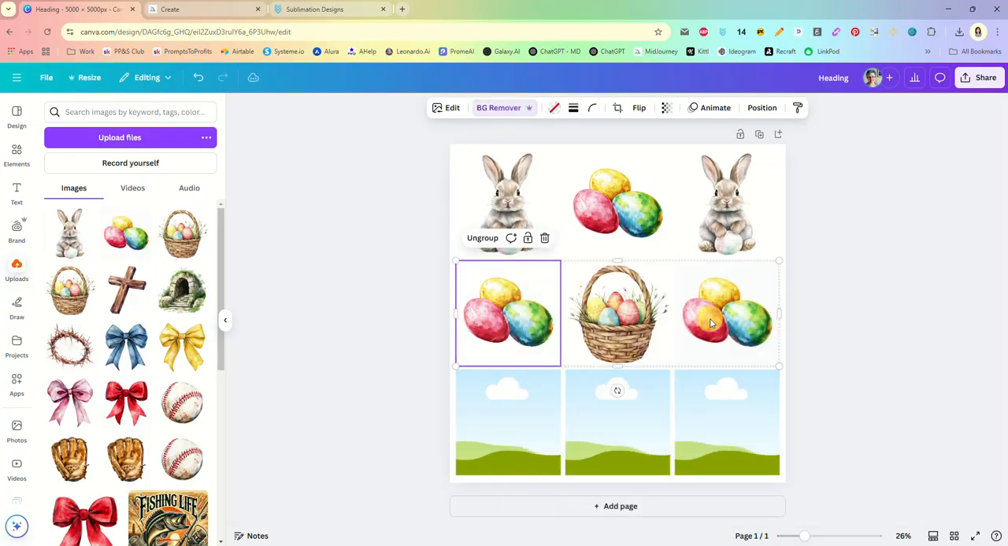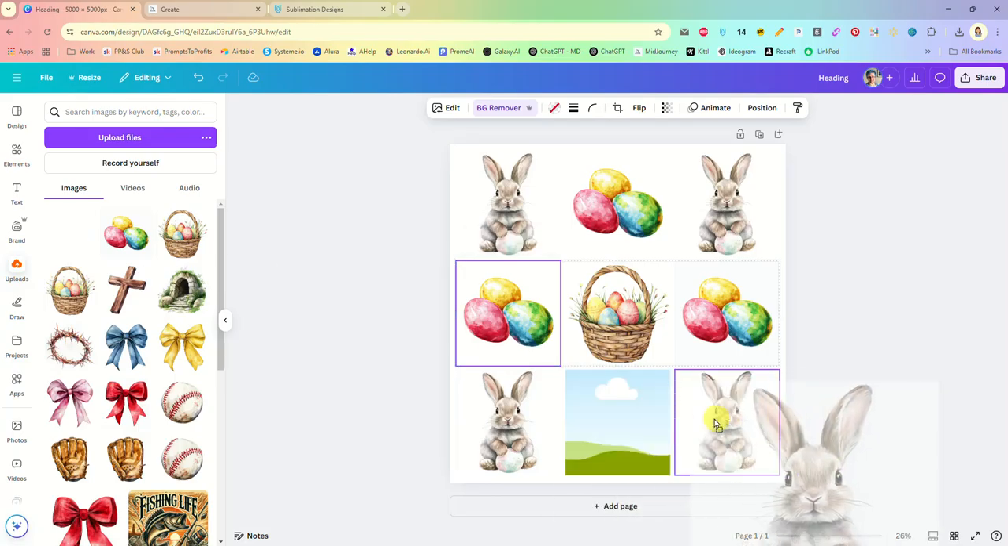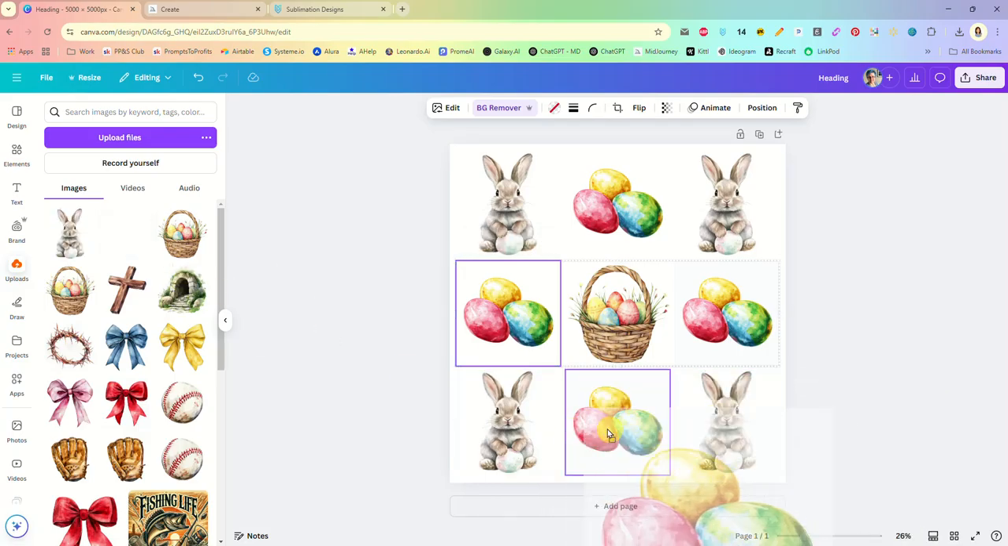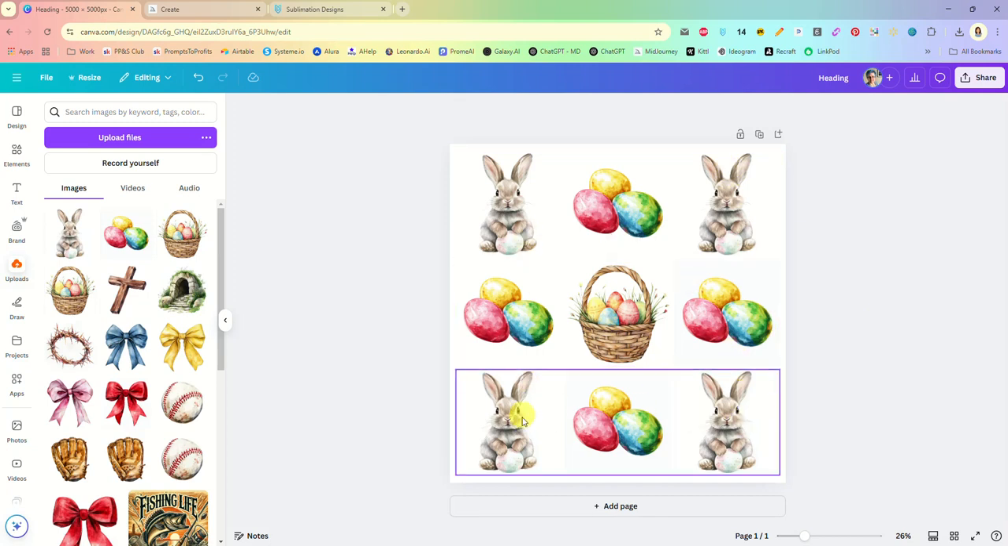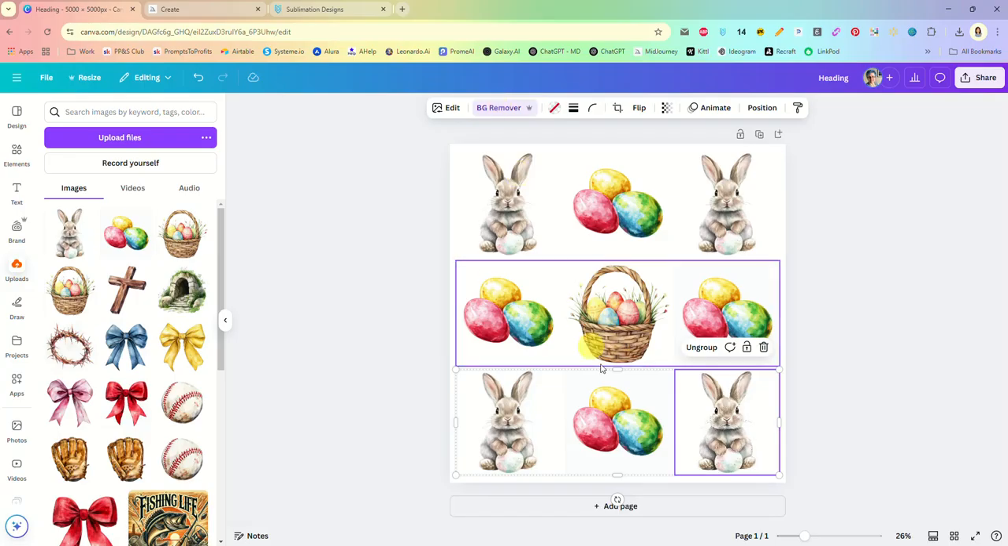I think I'm going to do, yeah. Let's do it like this. We'll just keep that Easter basket right in the center, and then we have it surrounded by the bunnies and the eggs. Okay, and I'm going to go through here